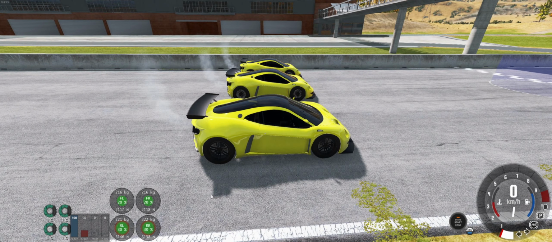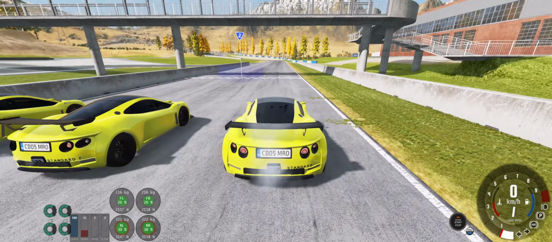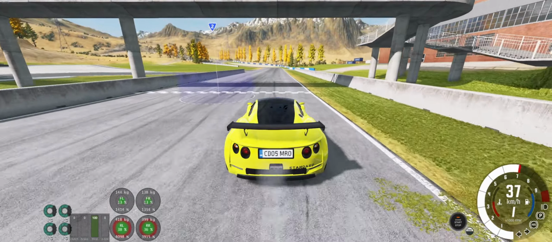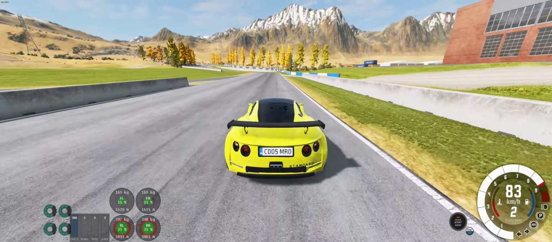Now, I know the exporter can't be that hard to change where the nodes are for the engine, because I've done it myself. It's not the hardest thing to do. This is severely disappointing. And on that bombshell, that's basically the end of the episode, because the only thing really to do is just to show you what this car handles like, because I did actually spend a little bit of time